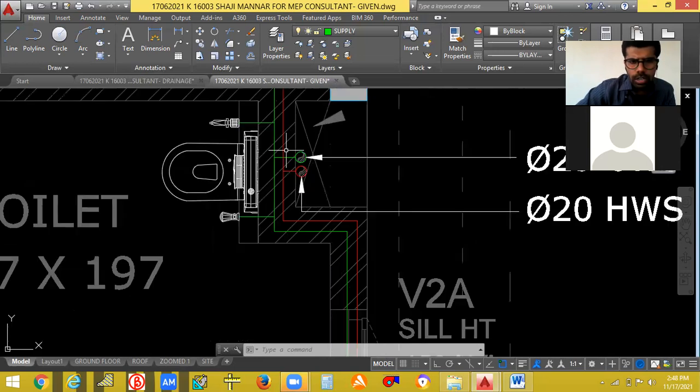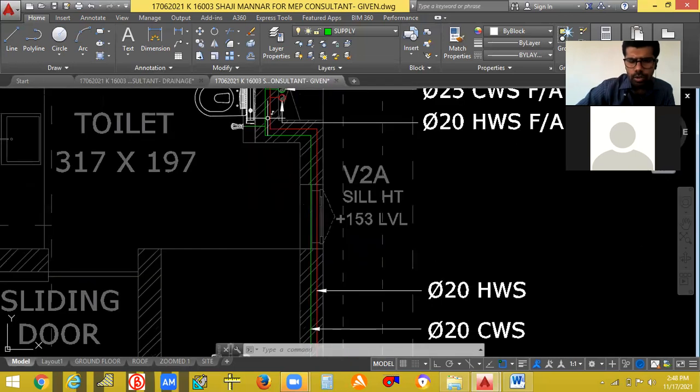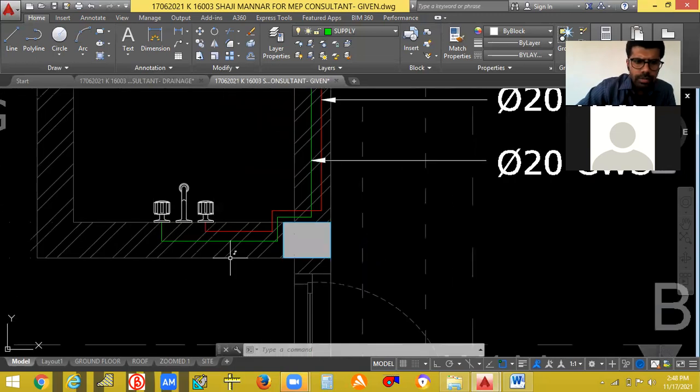You don't want to give a hot water connection to the water closet, because we don't want any hot water in the water closet. One connection is going to the shower. This is shower, okay? Cold water goes to this valve. Hot water goes to this valve. So normally cold water will be given on the right side. Okay, you can see it is on the right side. This is on the left side.